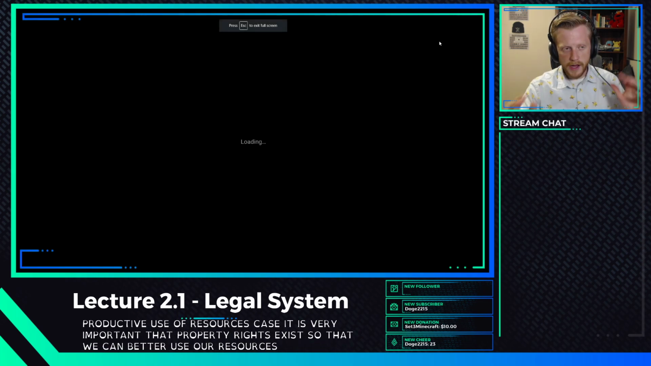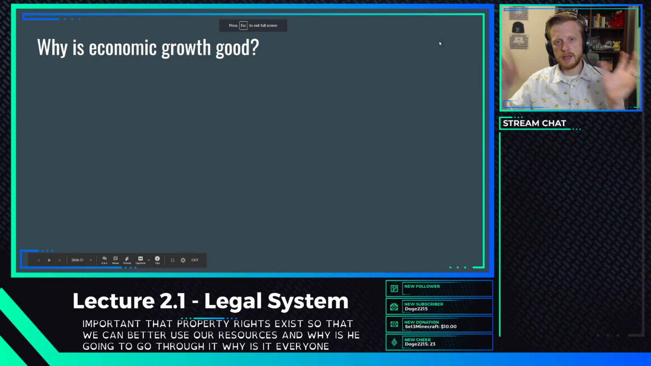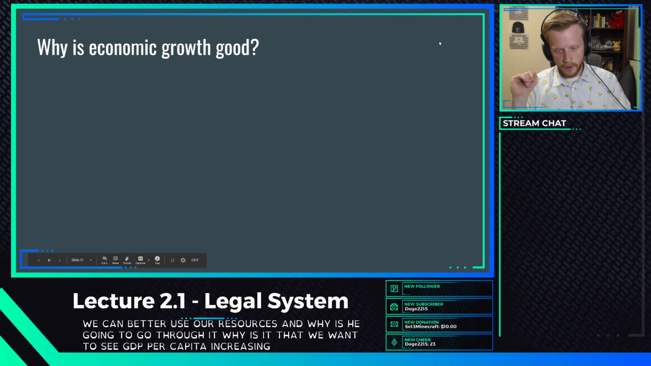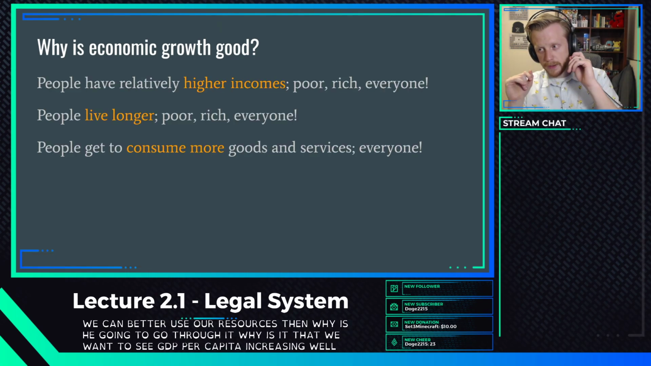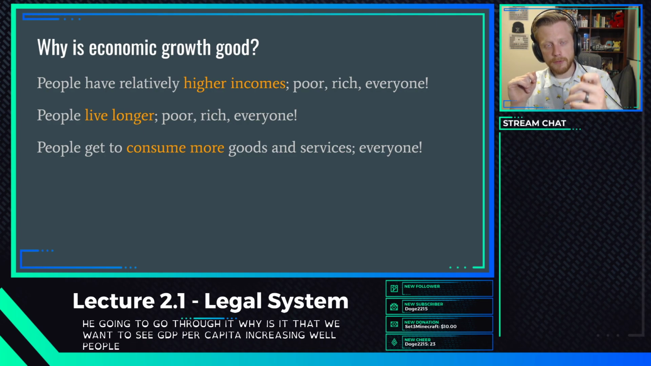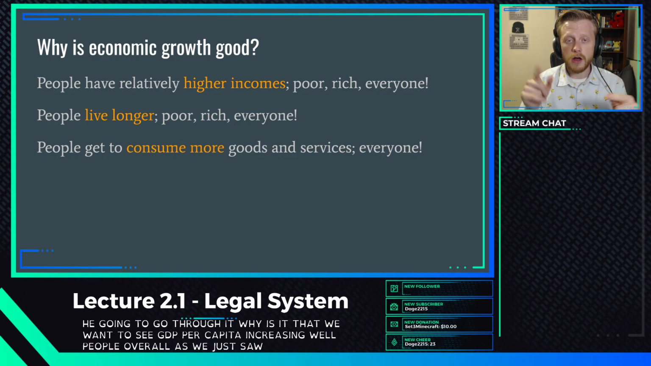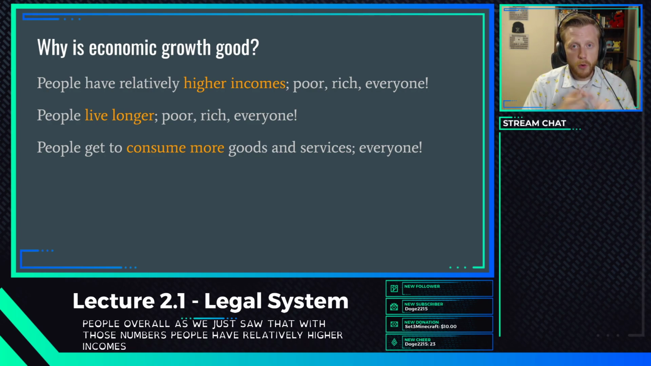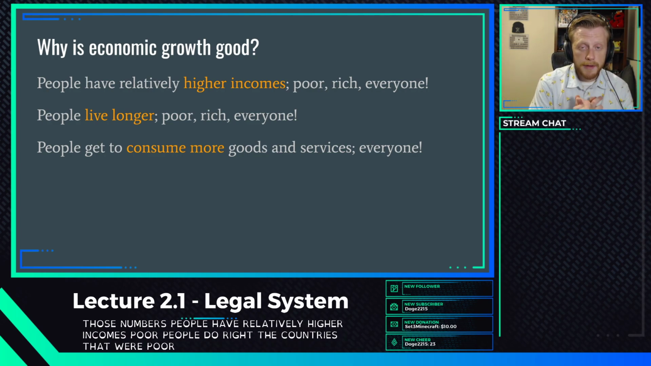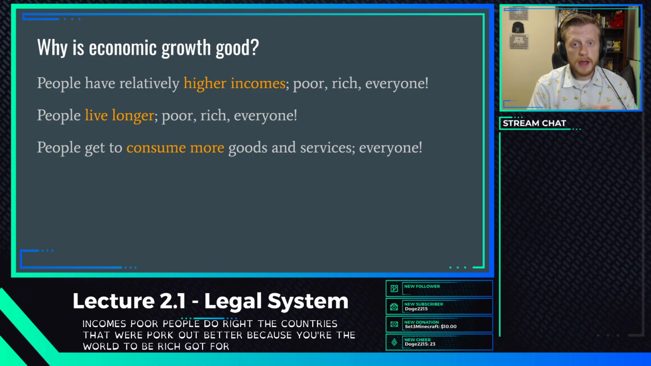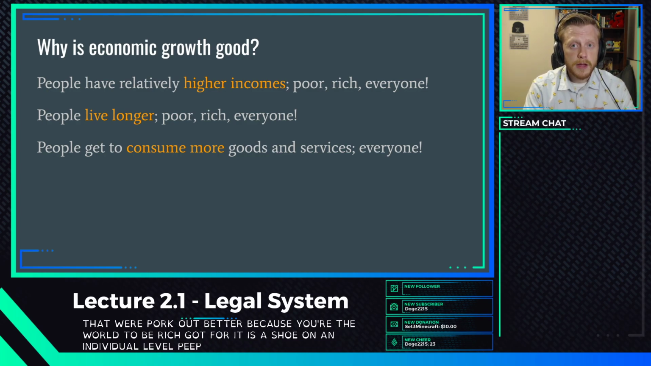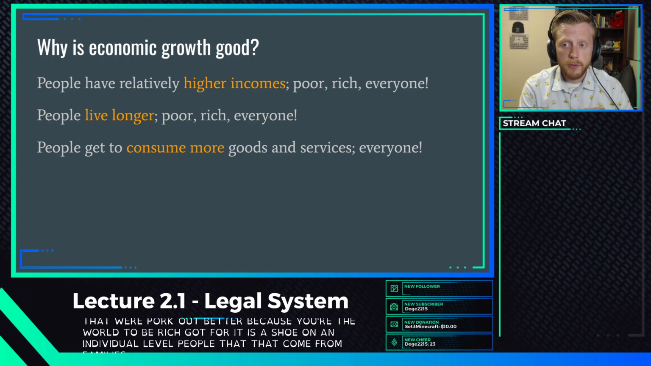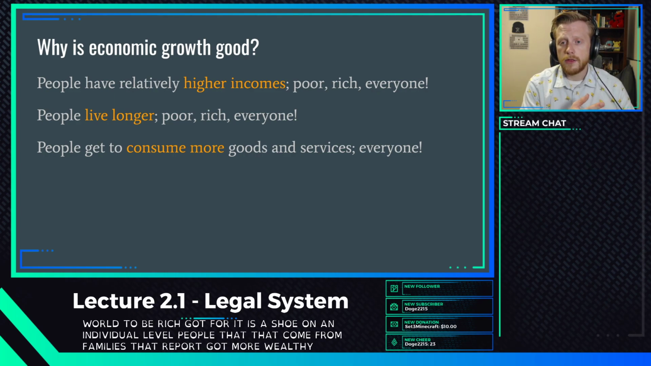So we got to ask then, why is economic growth good? Why is it that we want to see GDP per capita increasing? Well, people overall, as we just saw with those numbers, have relatively higher incomes. Poor people do, right? The countries that were poor got better. The countries that were relatively rich got poorer. This is true on an individual level. People that come from families that were poor got more wealthy. Those that were in